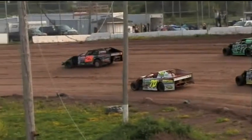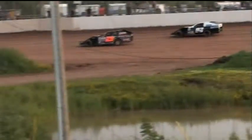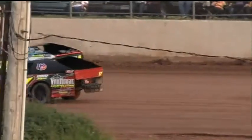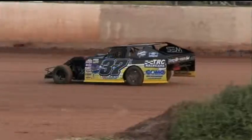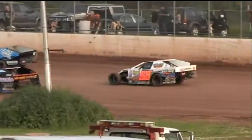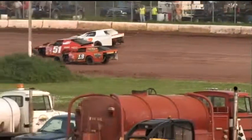In row number 4, the 17 of Devin Van House out of Silver Bay, Minnesota, alongside the 37 of Mac Esty out of Kelly Lake. And in the fifth row, another Esty, the 37X of Skeeter from Kelly Lake as well. Next to him, the 69 belonging to Justin Bassa out of Hermantown. In the sixth row, the 31 car of Ross Sitter out of Duluth, Minnesota, alongside the 68K of Dan Kingsley